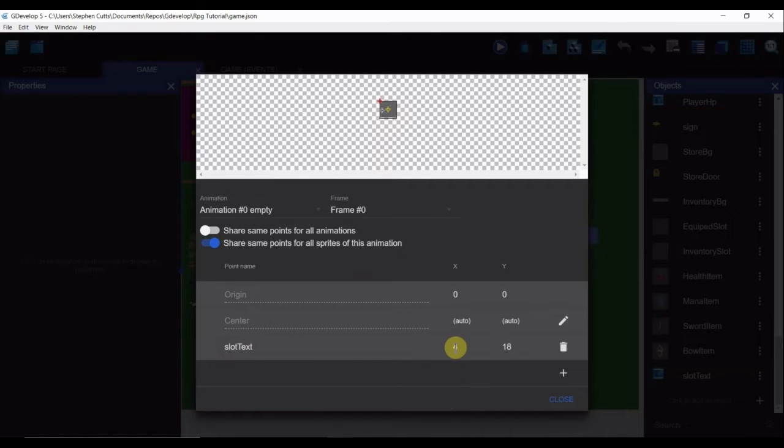So you want to set the X and Y coordinates. As you can see, I set X to 4, which is 4 pixels from the corner right here, and Y is 18, which is 18 pixels from the top, counting down. Then you hit close. Well, actually, before we do that,